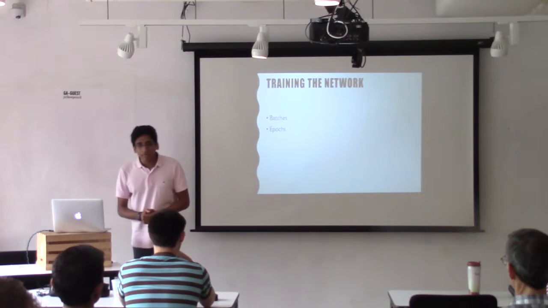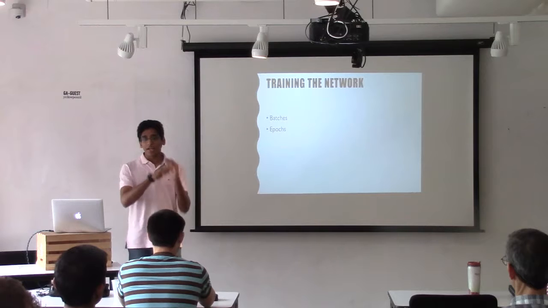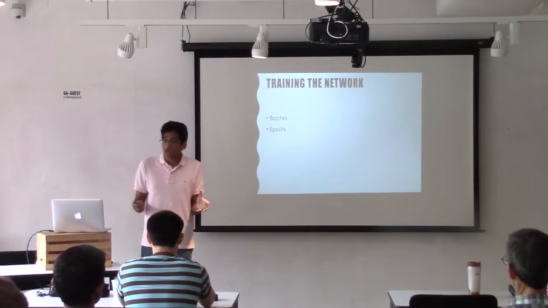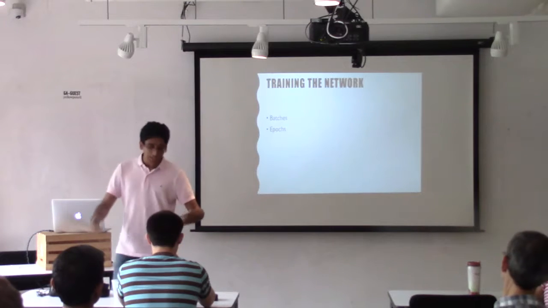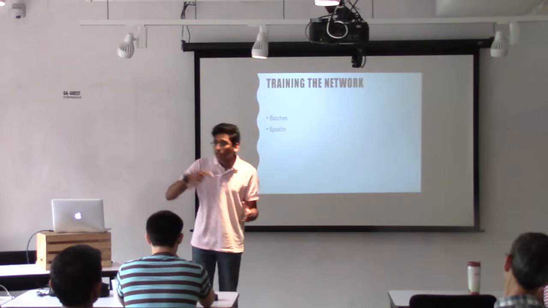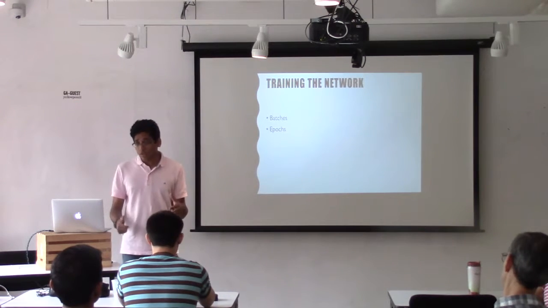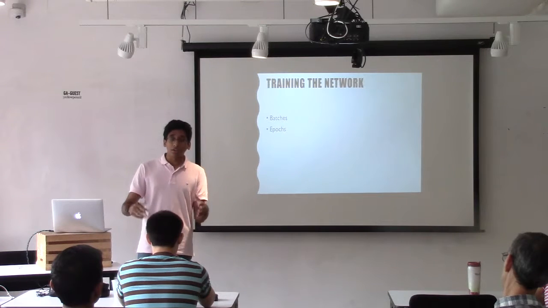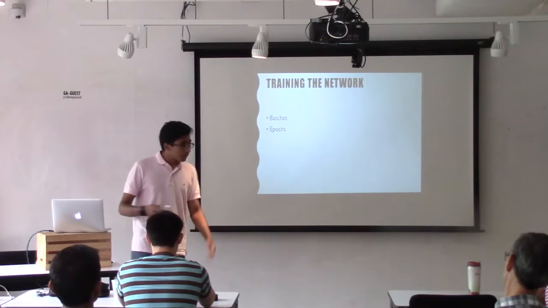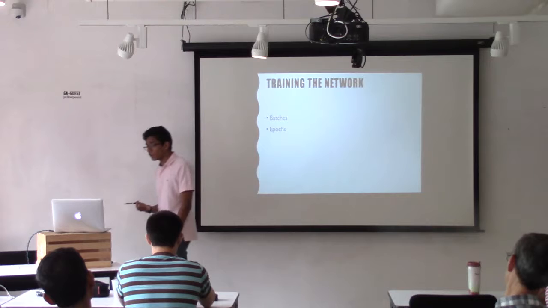Now, how do you train the network? Well, like I said, all you're doing is you're running inputs, getting outputs, and then you're reweighting the thing. That's all that's happening. Now, there needs to be some structure to this. So what we're going to do is take our training data, split it up into batches, and run multiple batches on the neural network. Once a bunch of batches have been run together, this is called an epoch, we're going to reweight everything and then start running those same batches over and over again. Now, as you imagine, the more batches and the more epochs you run, the better your neural network is going to be.